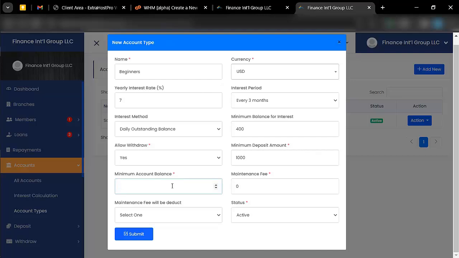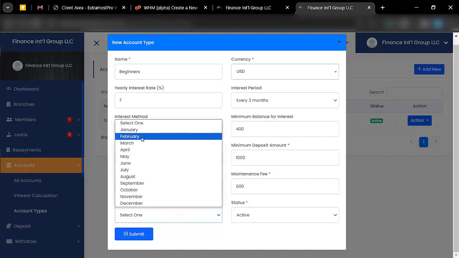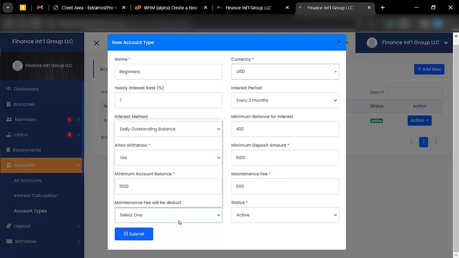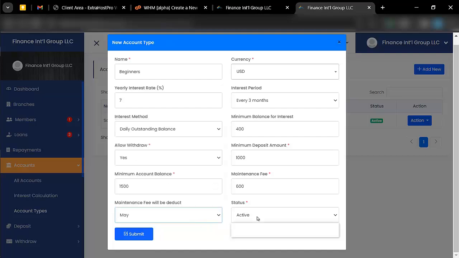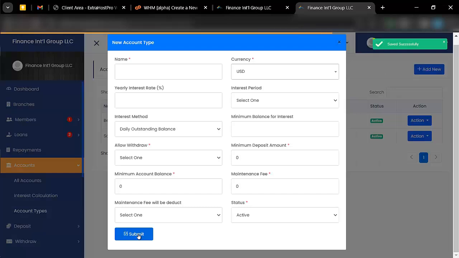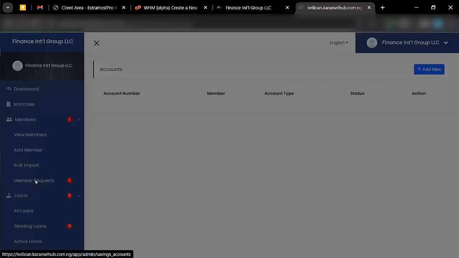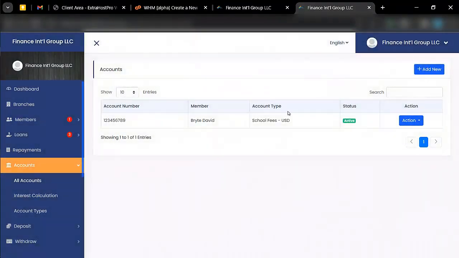Minimum account balance. Your account balance cannot be less than, let's say 1.5, and maintenance fee is 600. Okay, maintenance fee is going to be deducted in May, and it is active, so I can now give a user this type of account. Okay, so now when I come here and I go to all accounts and I click